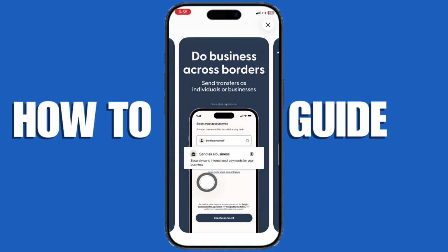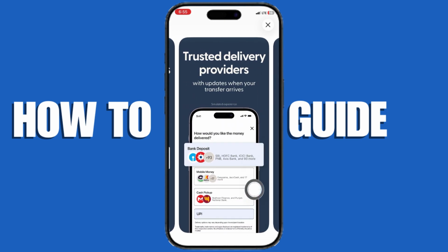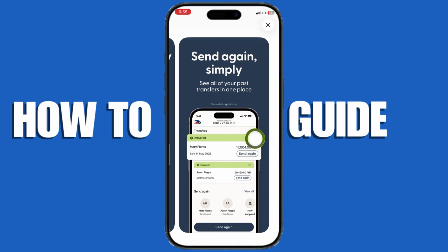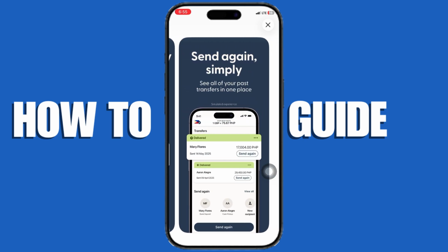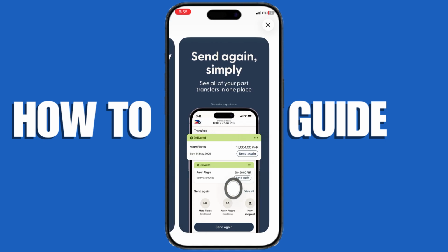After that, enter your receiver's full details carefully, such as their name, contact number, and bank information if needed to avoid delays. Then select your payment method like debit card, credit card, or bank transfer and double check all the details before confirming. Once you confirm the transfer, Remitly will process your transaction and you will receive a tracking number